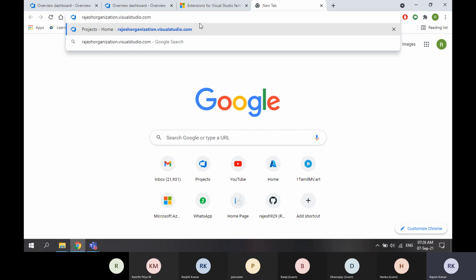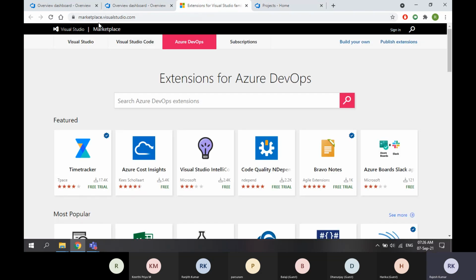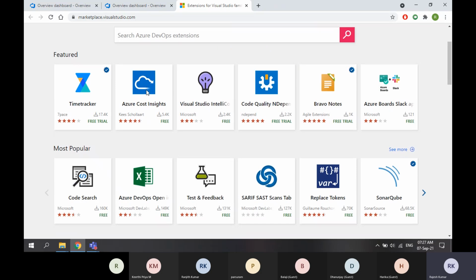Earlier, when it was Visual Studio Team Services, this was the URL. If I click on this again, it goes to dev.azure.com only. But for the marketplace, they are still managing the same URL, marketplace.visualstudio.com. Here we have additional features or functions, I mean plugins.